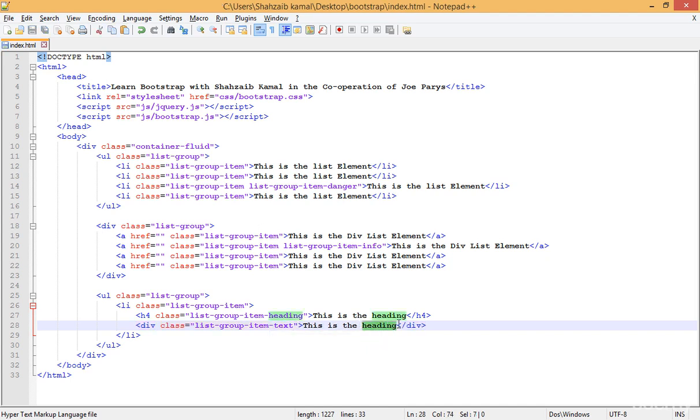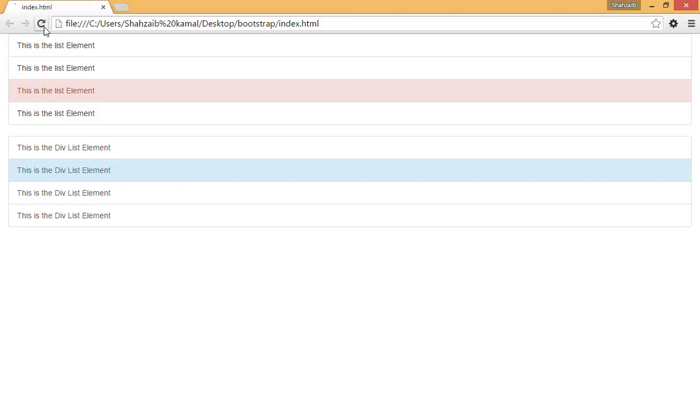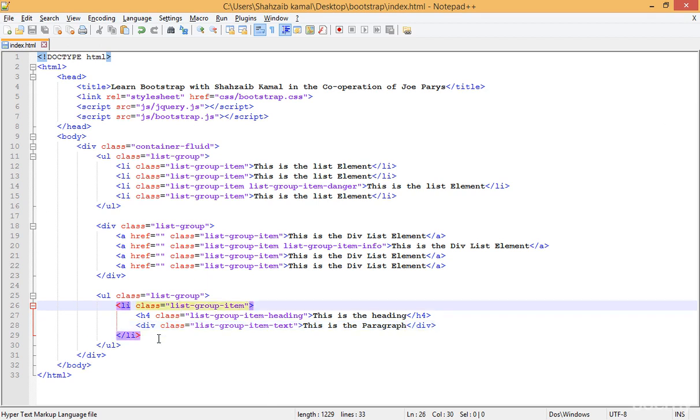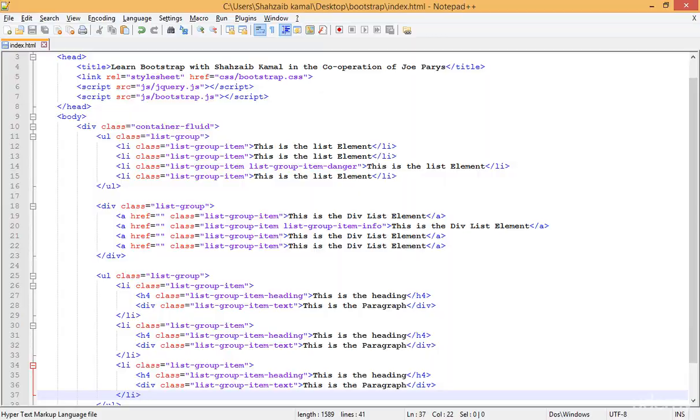So here I'm adding the paragraph. This is a paragraph. Whatever you want to put, you can put. Now simply refresh that. Now I got a new heading. Now one more thing, if I just copy this one and paste this here and save and refresh that,